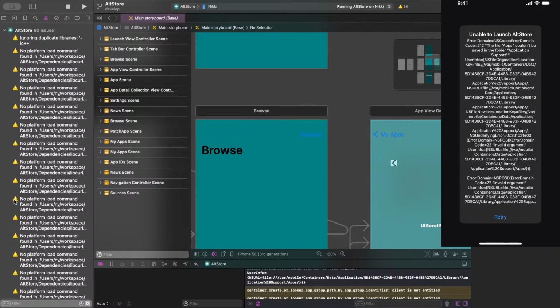If it's the apps that SideStore refreshes itself, that could be an issue. But yeah,